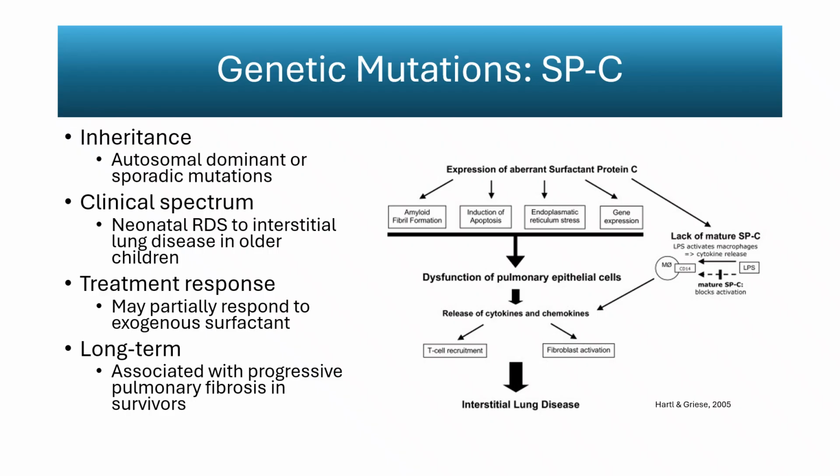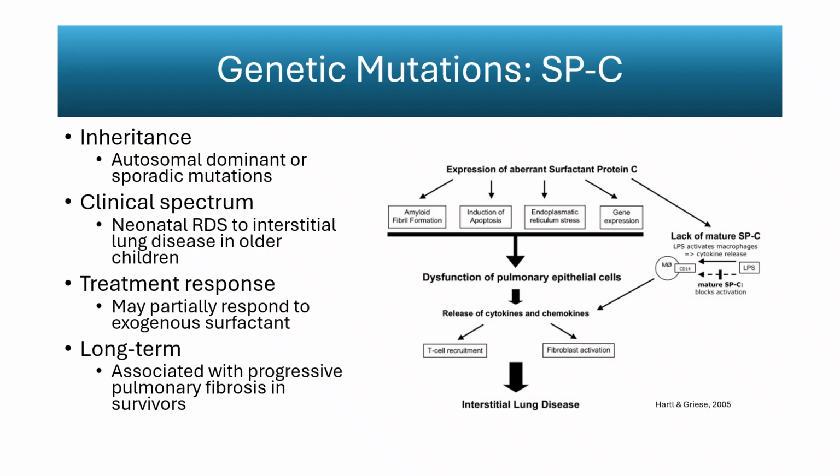Surfactant protein C is another hydrophobic protein, but unlike SPB, complete deficiency is not universally lethal. Mutations are usually inherited in an autosomal dominant pattern, though sporadic cases occur. The clinical spectrum is broad. Some neonates present with respiratory distress syndrome soon after birth, while others develop chronic interstitial lung disease later in childhood. Unlike SPB deficiency, exogenous surfactant may provide partial benefit because SPC is important for film stability but not absolutely required